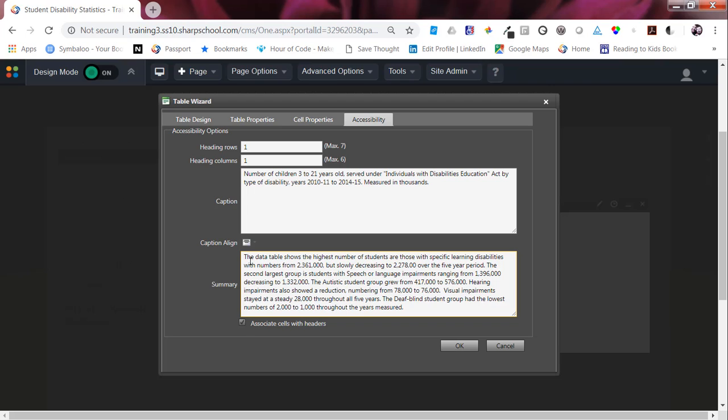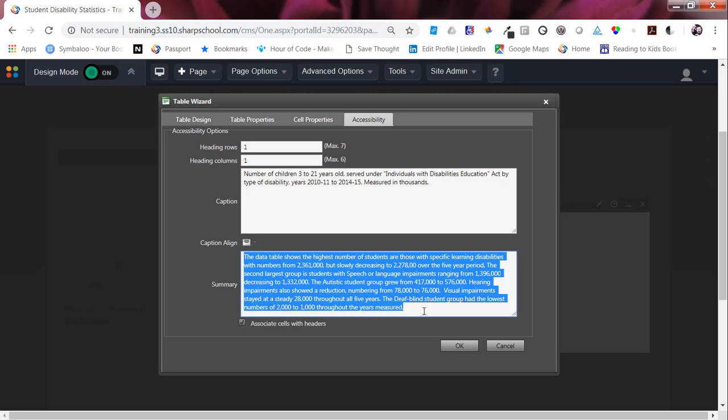The summary will not be visible to sighted users, but can be read by a screen reader dependent upon the user's preference. We could use this space to describe any trends that are readily perceivable to the sighted user and information that can increase the understanding of a non-sighted user. The amount of detail included within the summary should take into consideration the nature of the information and its intended target audience. This summary reads, "The data table shows the highest number of students are those with specific learning disabilities,